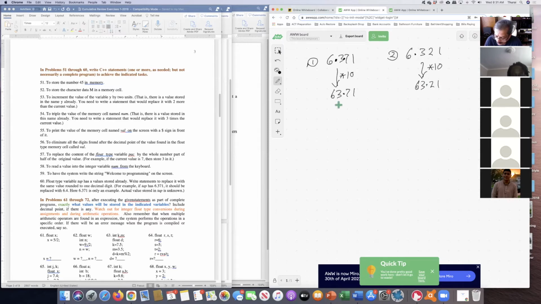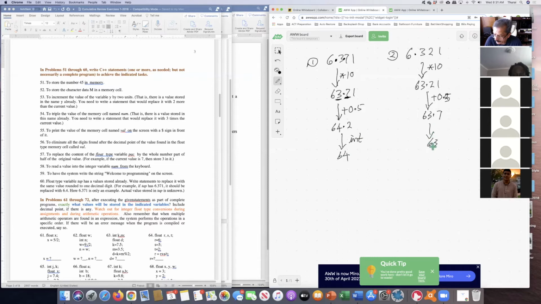So the idea for rounding is adding 0.5. If you add 0.5, then in this case, 63.7 plus 0.5 will change to 64.2. So if this digit is more than 5, then the other digit will change. But in the second case, it's not more than 5, so it will not change. It will be 63.7. So if I now take the integer part, that'll give you 64 in this case and